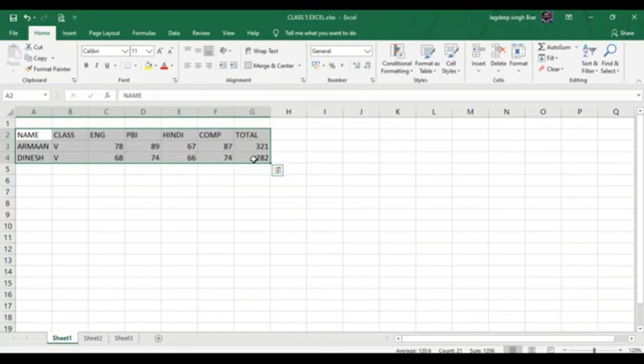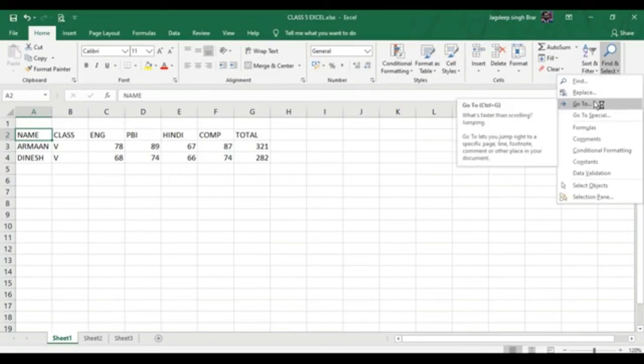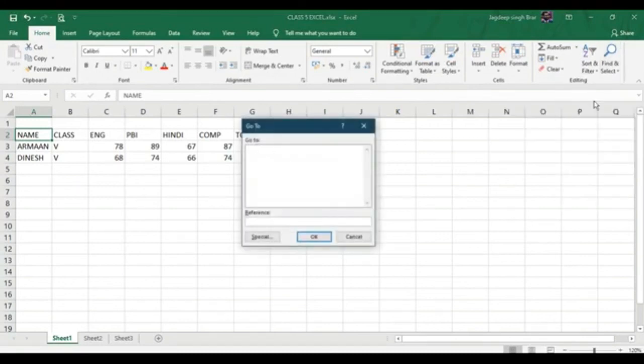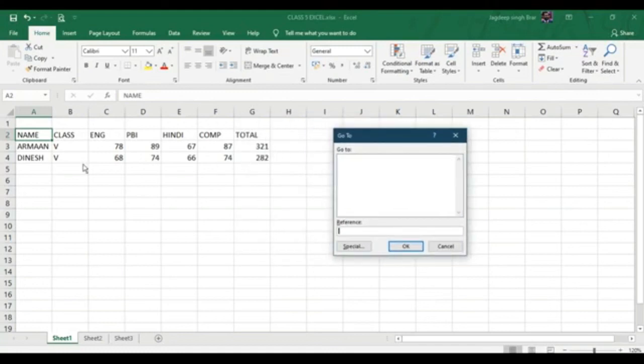Third is using the Go To command. Click the cell at one corner of the range, click on the Home tab and the Editing group, click Find and Select, click Go To, and type the cell reference of the opposite corner of the range, for example G4.